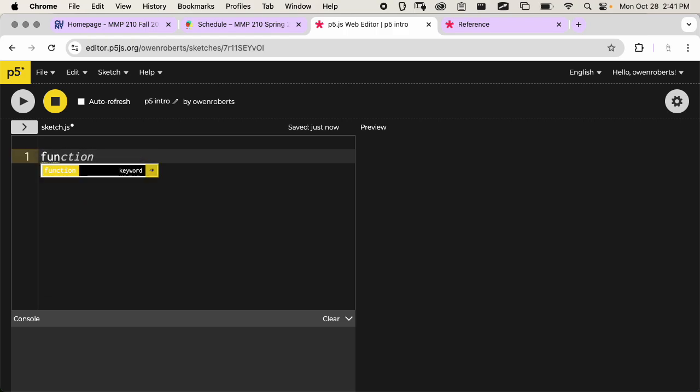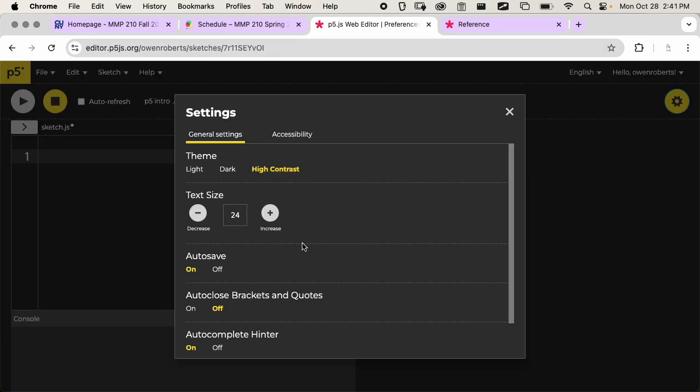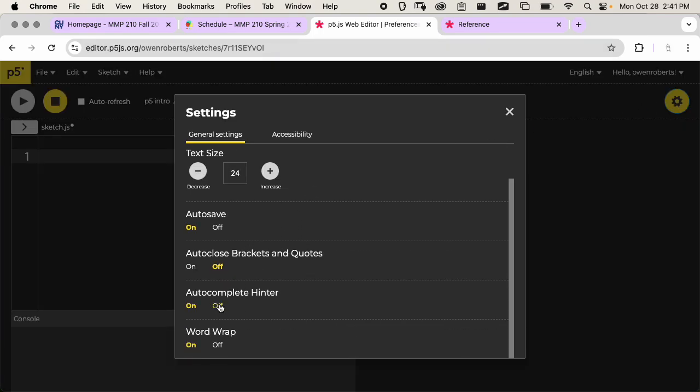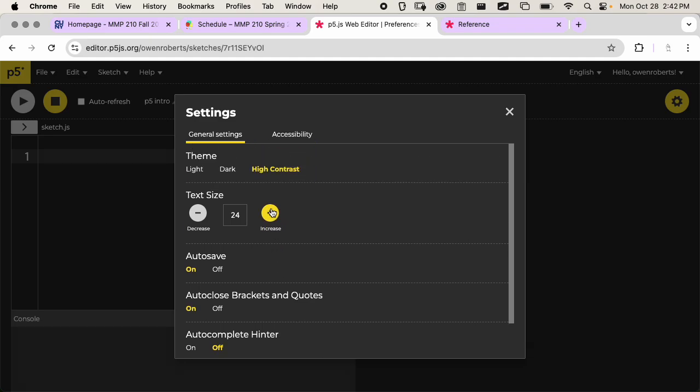And I can hit enter to accept the suggestion. So it's just like autocomplete anywhere. So I usually have that turned off, but you may find it useful to have it on when you're working. And then word wrap, I usually use on. If you turn it off, the code will go all the way out the side and it'll look bad. But yeah, those are all those